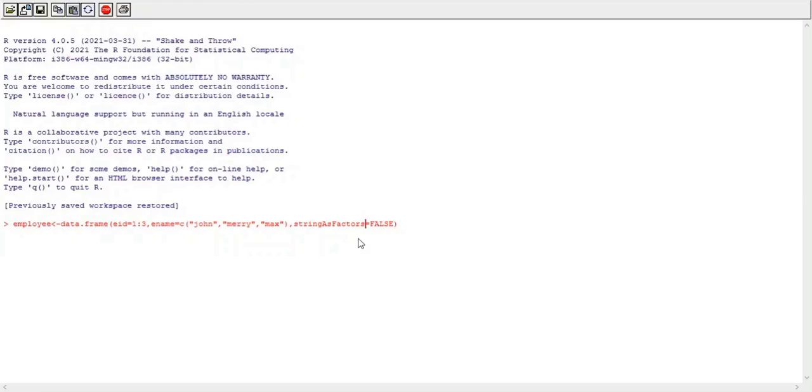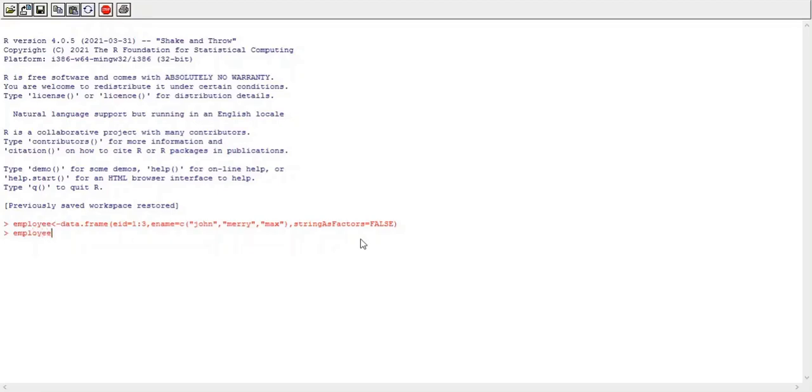Okay, the R console or the R interpreter should treat all strings as plain text. By default, the stringsAsFactors parameter is set to true. That is, by default while creating a data frame, if we don't specify the stringsAsFactors parameter as false, then all the string type of data is treated as a factor. Okay, and to avoid this, we need to set this parameter to false while creating any data frame. Okay, now see, our data frame is created.